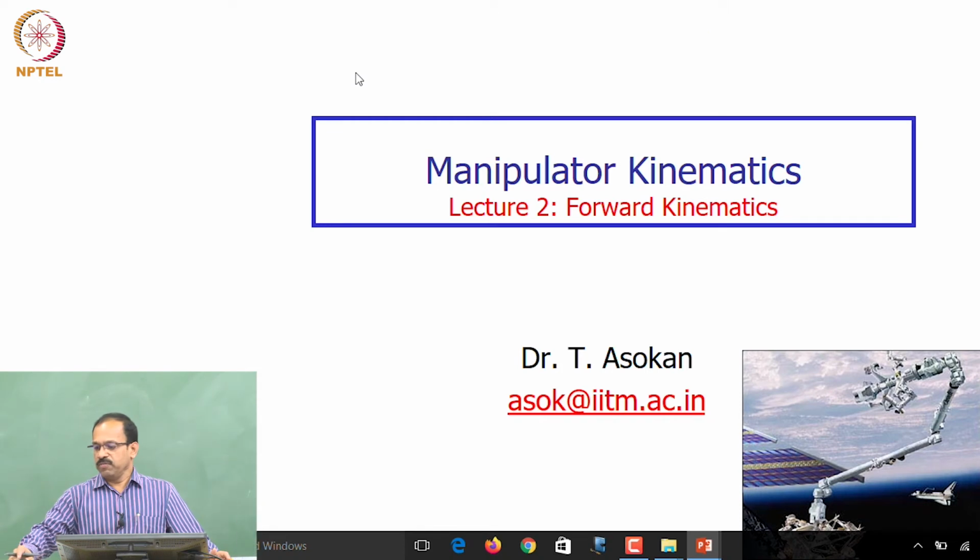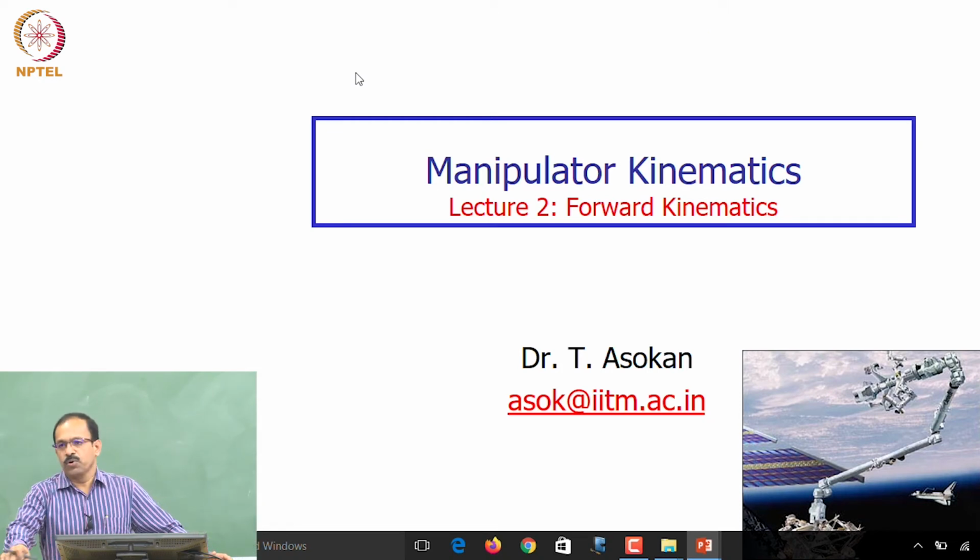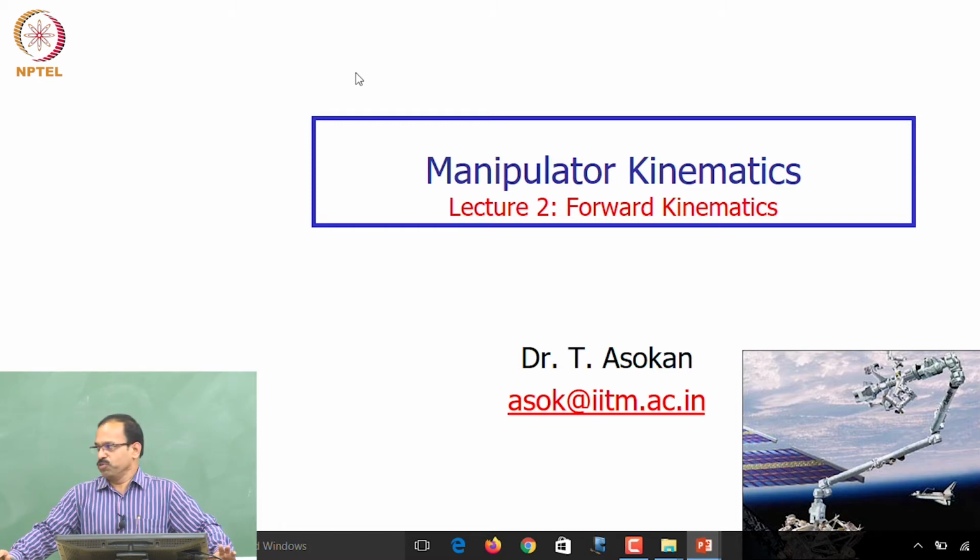Okay. So, we saw how to get the configuration of a robot based on the type of joints and the number of joints, and then we saw what parameters will define the kinematics of a robot. Now, the question is, by knowing these parameters, how do we develop the forward kinematic relationship? First we talk about forward kinematics, and then we go to the inverse kinematics problem.